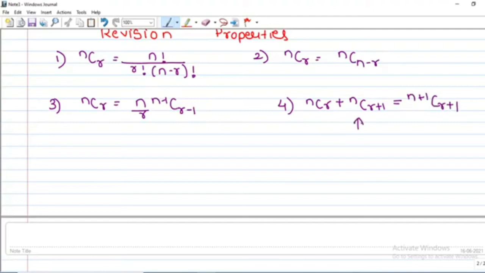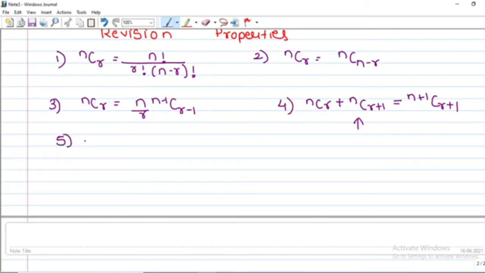This formula is very important when it comes to finding the series which are related to binomial coefficients, which you will come across when we move a little bit ahead in this chapter. In the starting of this chapter you will see questions related to number theory, like finding the values of certain things or finding the greatest number, using binomial theorem. And then we will move to the series part of the binomial theorem. Now the fourth property we have done.